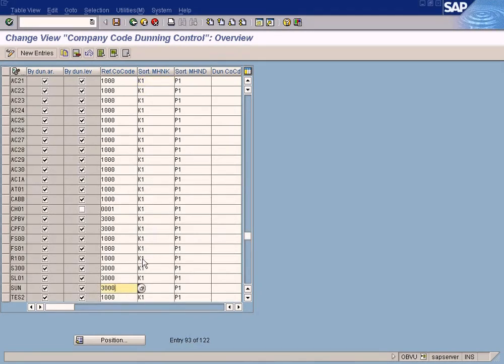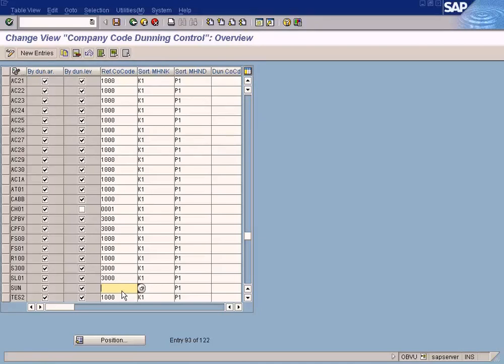Okay, let us go to Sun company code. See, the Sun company code is over here. You see these two settings for Sun; they are not really very important. You can just take it. I don't want to go into the details of it because it will confuse you, but just remember to clear this